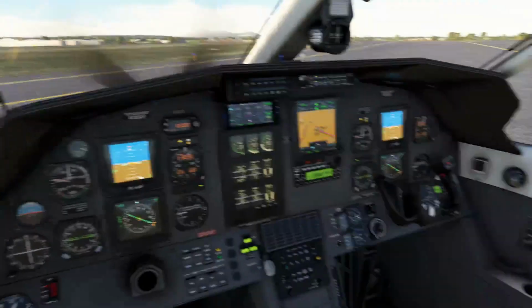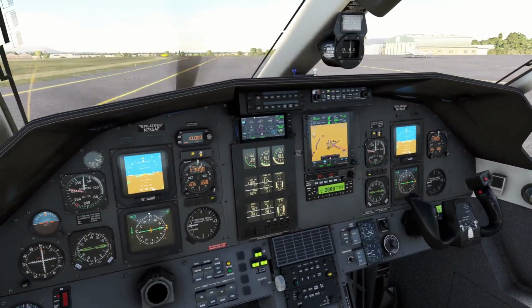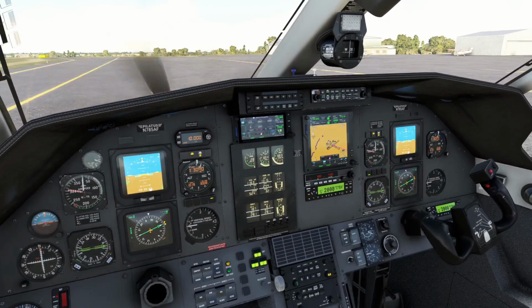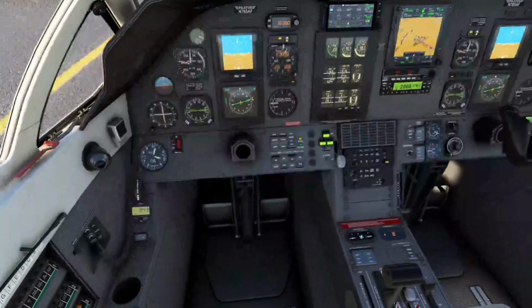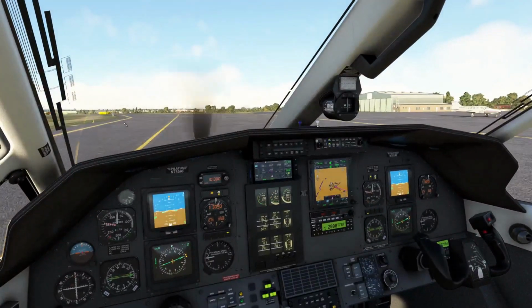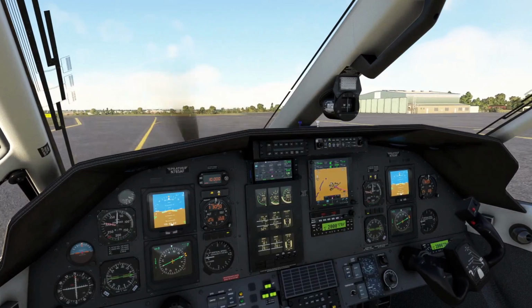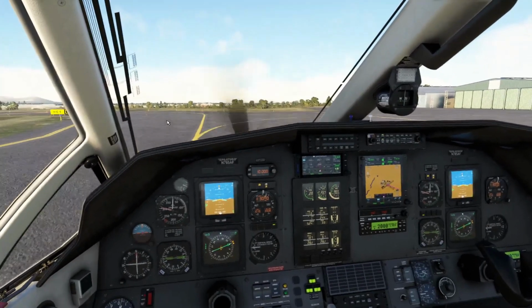All right, so on the taxi roll, taxi checklist, we're going to want to check flight controls. Just left and right. And you'll notice as you turn it, the rudder pedals move too. That's because the PC-12 has a scaling rudder and yaw interconnect, where as you turn the yoke, it will also add rudder to try and help you